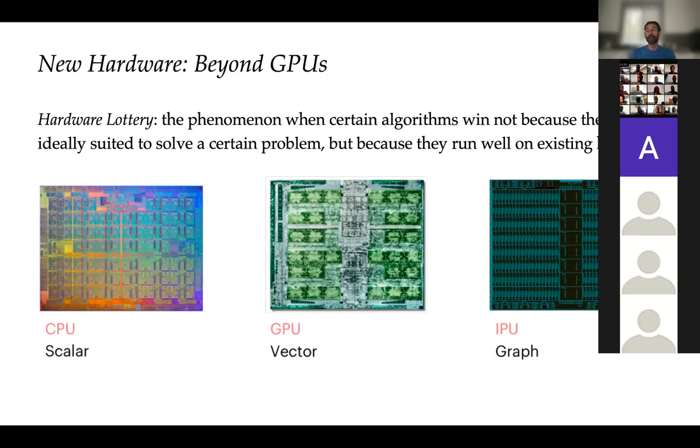So there are multiple semiconductor firms that try to see where the hardware will go beyond GPUs, and one of them in particular is a unicorn based in Britain called GraphCore that develops a new kind of architecture they call the IPU that is explicitly designed for graphs, and many other companies look in this direction as well.